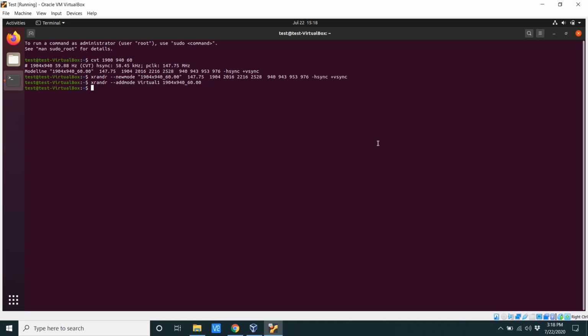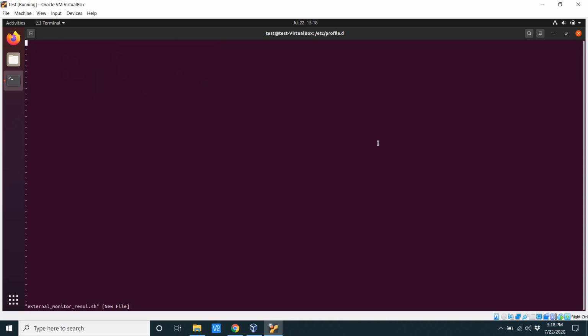So to make it permanent, type in cd and then /etc/profile.d. And here you want to make a file. So type in sudo vi, and I like to name the file external monitor resolution.sh. Put in your password. In this file, what you want to do is now type in what you had just put in the terminal. So for vi to type something, click the I key, then simply go,